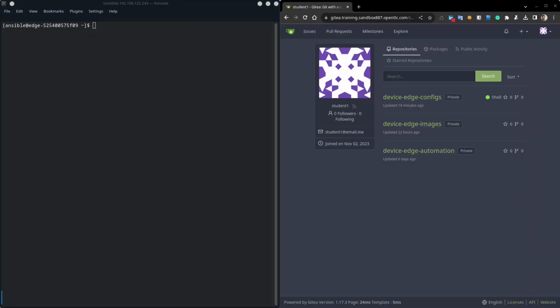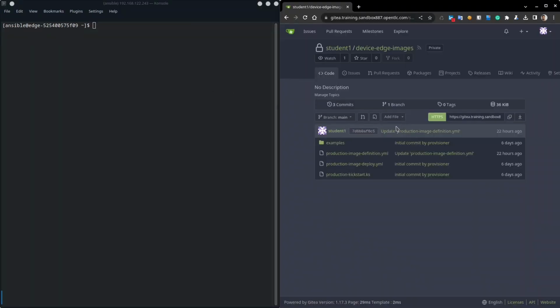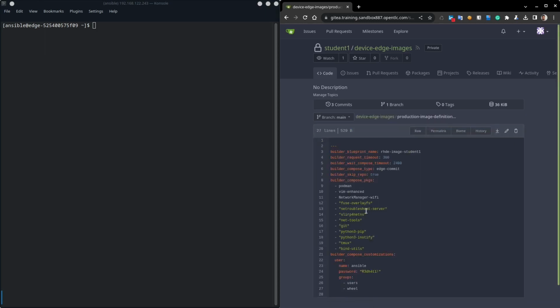Let's review the OSTree image definition file again. Here you can see the packages that are installed in the image. Do you remember that I said that I use a Python script with inotify module to detect changes in the etc files? Here you can see that I installed the required package. If I update the operating system image now, removing that package, it will stop working, so I need to prevent